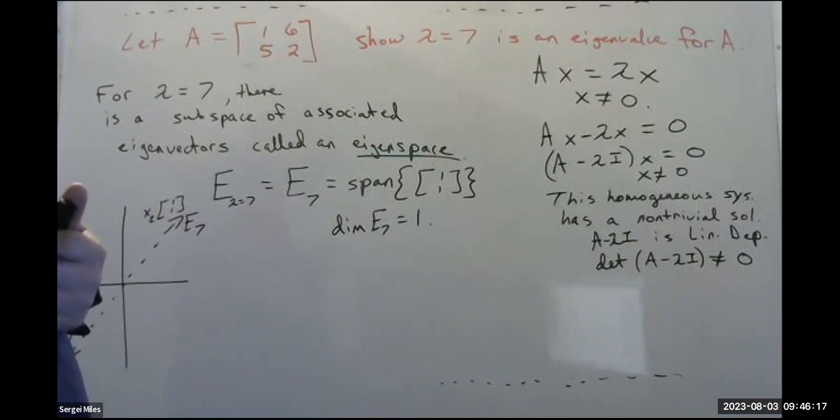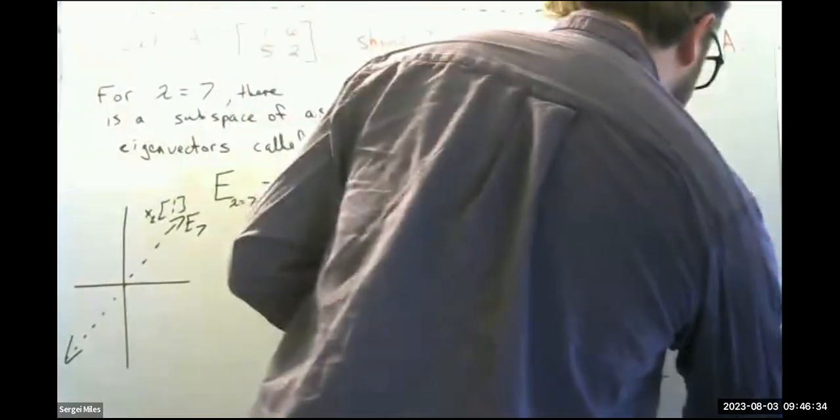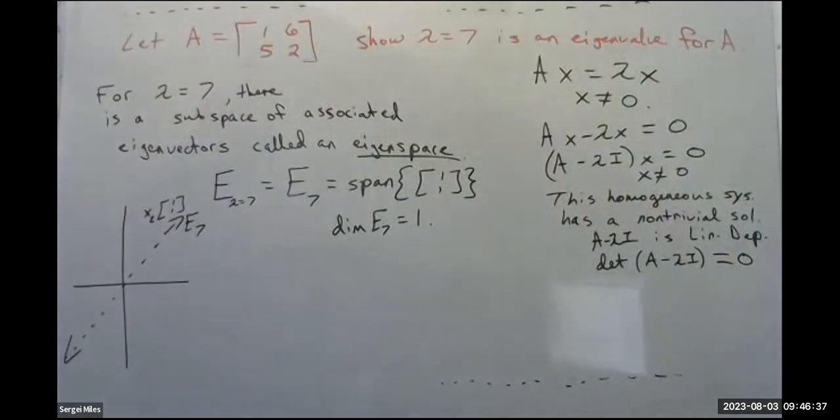Wait, hold on. I believe I have a mistake here somewhere. Oh, I do have a mistake. Equals 0. Right, my mistake. Remember the invertible matrix theorem. To be invertible means the determinant is not 0. To be linearly independent means the determinant is not 0. If your determinant is 0, then that means your matrix is linearly dependent. It is not invertible. You're going to have a free variable, and your homogeneous system is going to have a